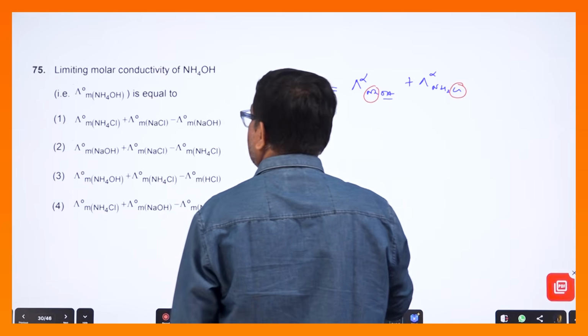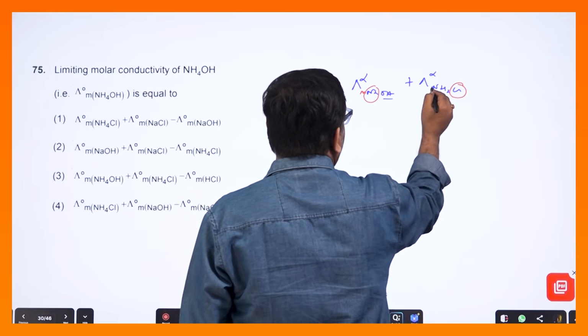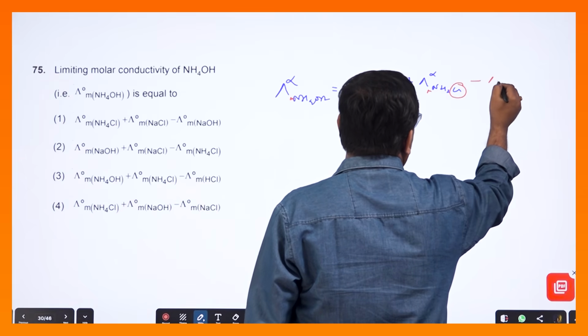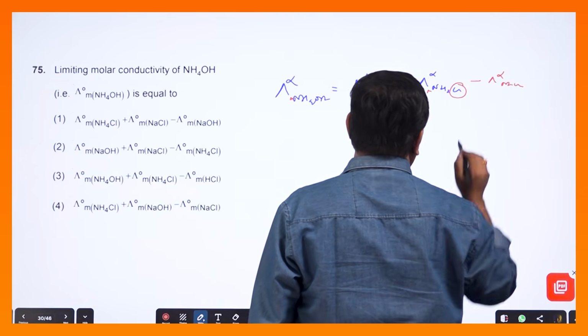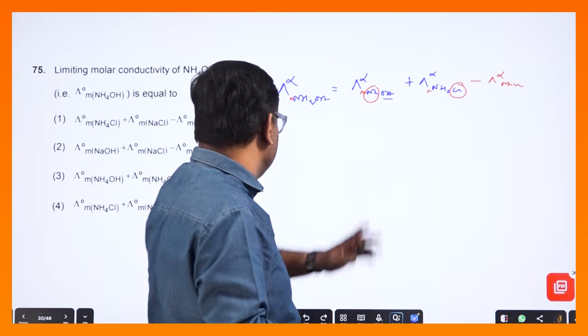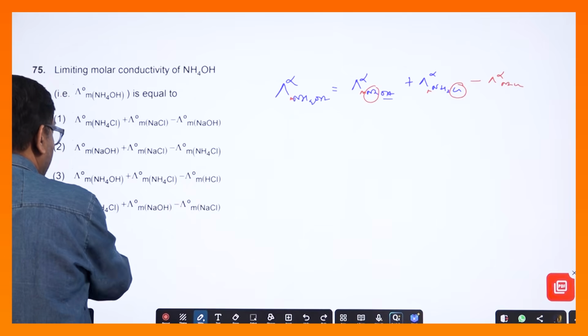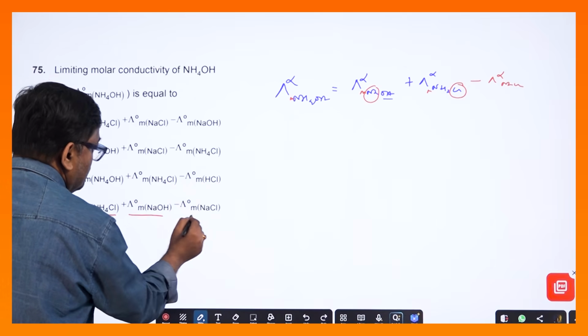তাহলে এটাকে আমায় বাদ দিতে হবে, যদি এটাকে বাদ দিতে হয়, মোলার নিচে যেহেতু, তাহলে সব মোলারই নেব, সব মোলারই নিলাম, তাহলে আমাকে মাইনাস ল্যামডা ইনফিনিটি NaCl করতে হবে, ঠিক আছে। তাহলে KCl দিলে KCl করতাম, KOH দিলে KOH মাইনাস KCl করতাম, তাহলে অ্যান্সার কোনটা হবে? অ্যান্সার দেখো অপশন হচ্ছে আমার 4, এই যে এটা নিচে মোলার, এটা যোগ করেছি, NaCl ব্যাক করেছি।